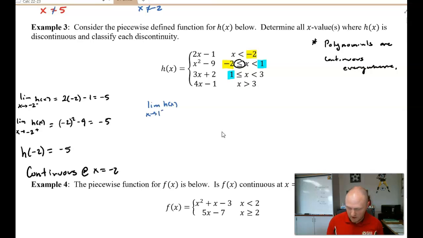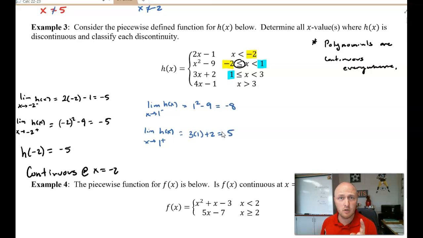So as x approaches 1 from the left, what's happening? I have 1 squared minus 9, that gives me -8. Okay, and then what's the limit of h of x as x approaches 1 from the right? Now that's 3x plus 2, so 3 times 1 plus 2, that's 5. Hey, are those equal? No, they're not. So our function is not continuous